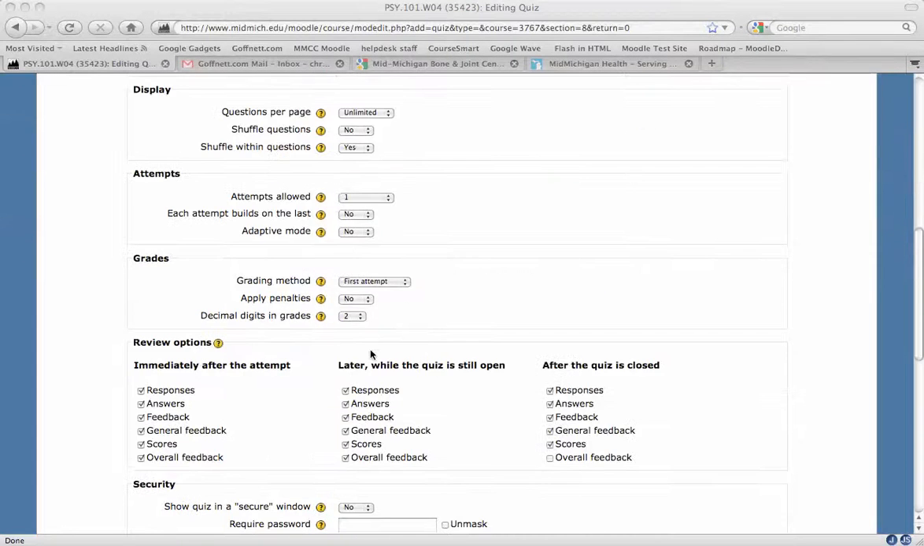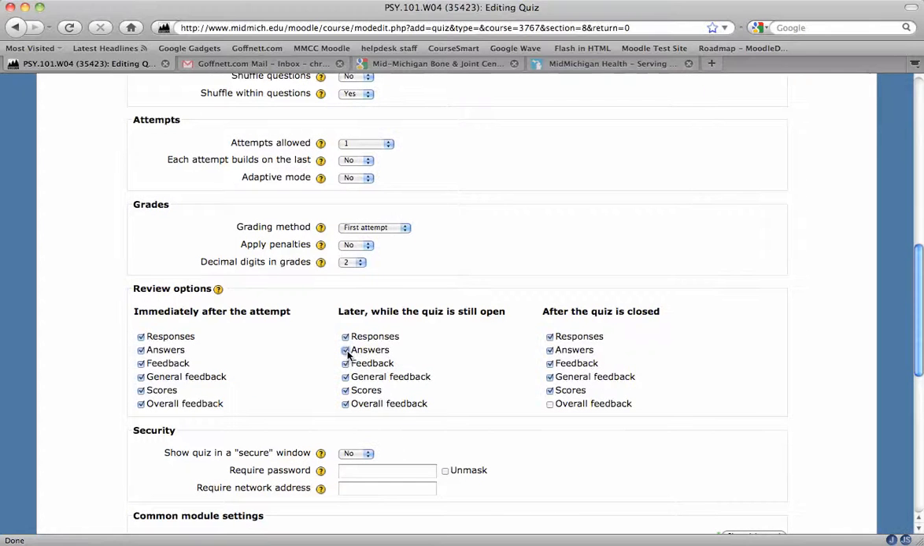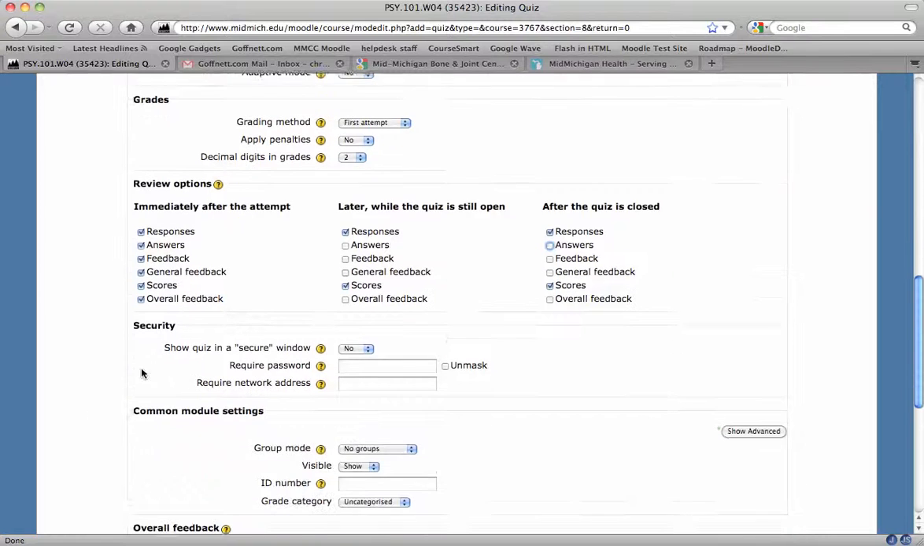I'm going to scroll down here, and this is review options, so what the students can see. I'm going to uncheck answers and feedback, just because I don't want them to come back while the test is still open and look at the right answer, the correct answer. This responses option will show them their response and how they scored on it. I'm going to uncheck the same thing for after the quiz date closes,